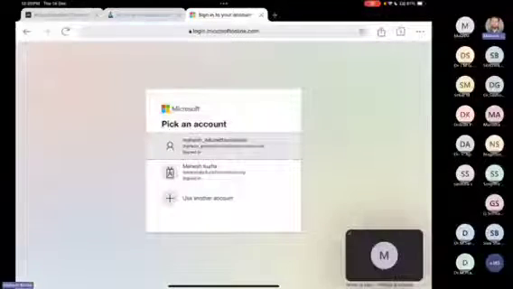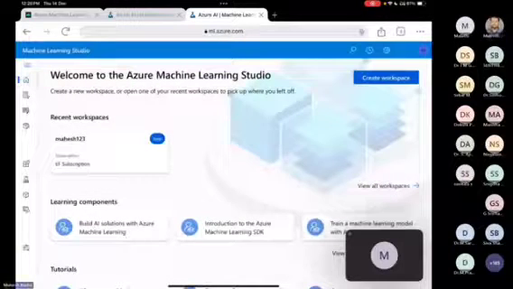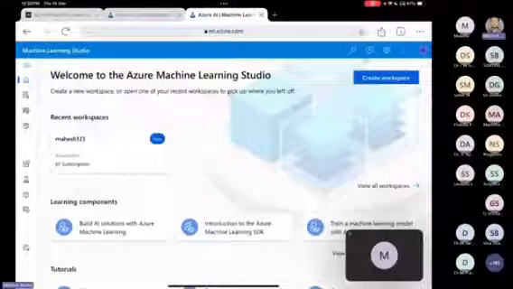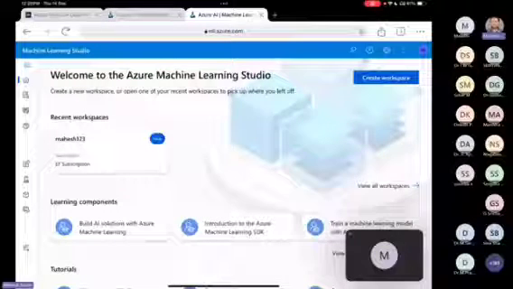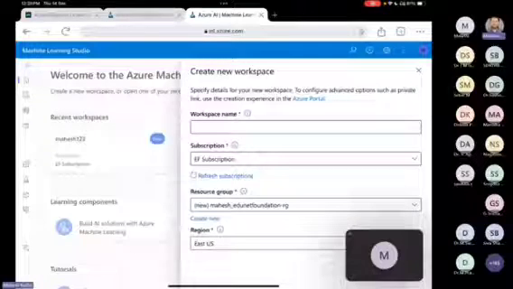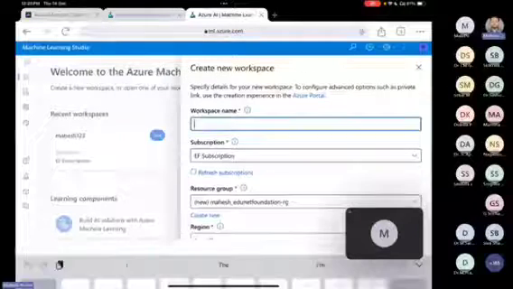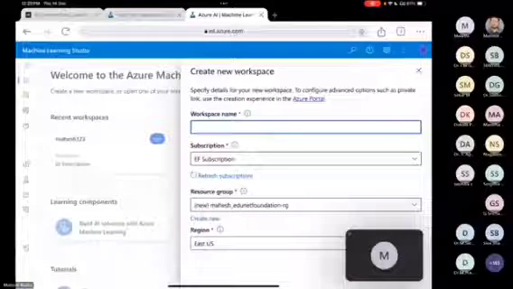After clicking on this, you need to sign in with your account, which you are signing in with this Azure portal. Same account you need to sign in with this ml.azure. And then here you will find this workspace page, where you need to give some name to your workspace, select subscription,